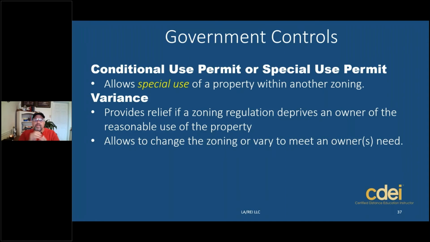Okay, for example, there may be a city that has a historic district, and there may be a residential area within the historic district. And maybe one of the houses within the historic district had a prominent landowner that was known, say, worldwide. And so the current owner of it maybe wants to turn it into a museum. Well, it's zoned residential. So what they'll have to do is apply to the local government for a conditional use permit to turn it into a museum for the public to come and look at the property